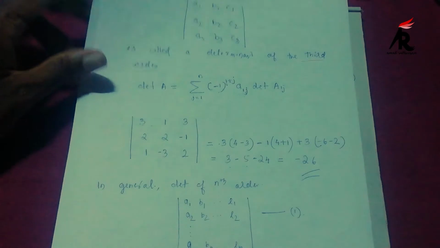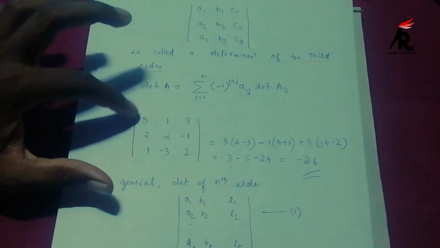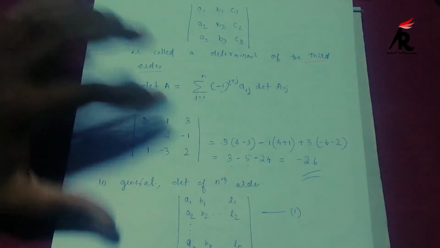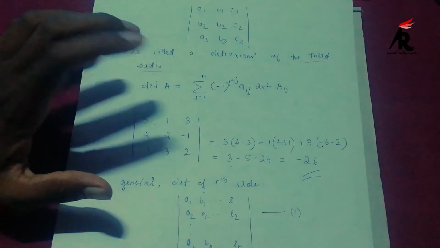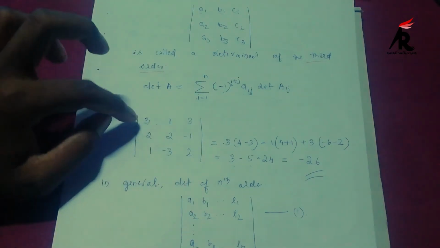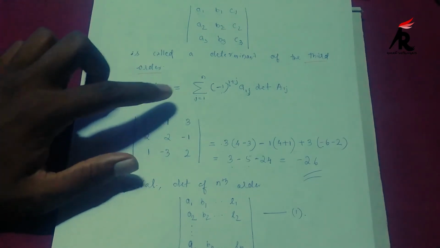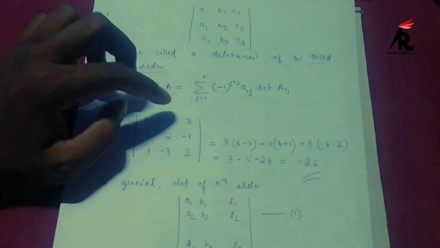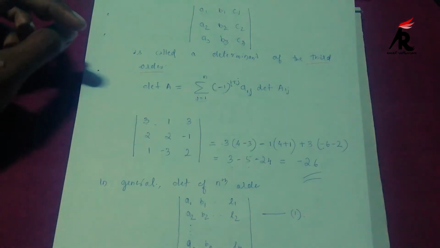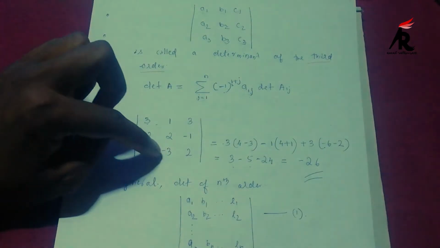We have an example with this equation. We have the first element, and we have the determinant here. If we have to find the determinant of this matrix, we are taking the first row, so 3. Before 3 we have minus 1 raised to i plus j. Here i plus j is 2, so minus 1 squared is 1, so 3 into (2 into 2 minus 3 into minus 1), 4 minus 3.